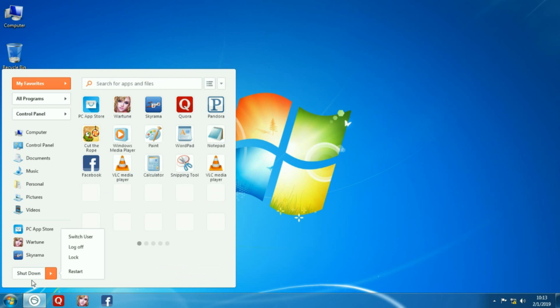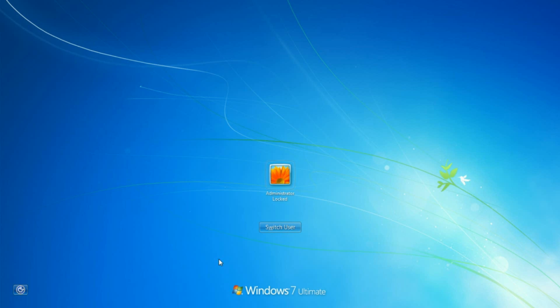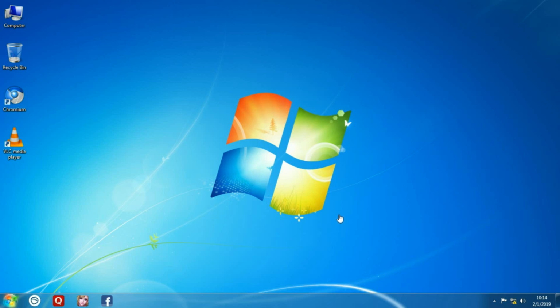And I just forgot to show you the shutdown thing going on here. So you've got switch user and so on. They do actually work. I'm not going to show anything though, just in case I break anything. I'll probably show the lock. So there you go. Don't know if you heard the notification sound that came up. The default Windows log on log off sounds, but